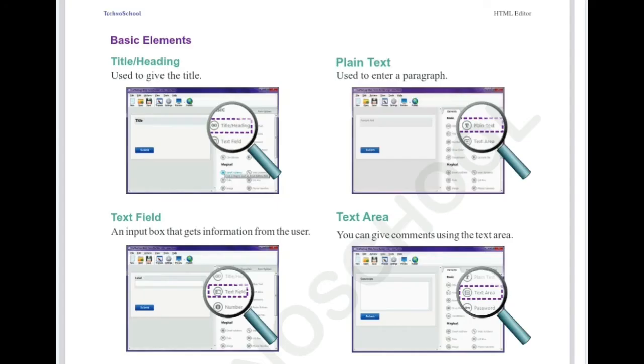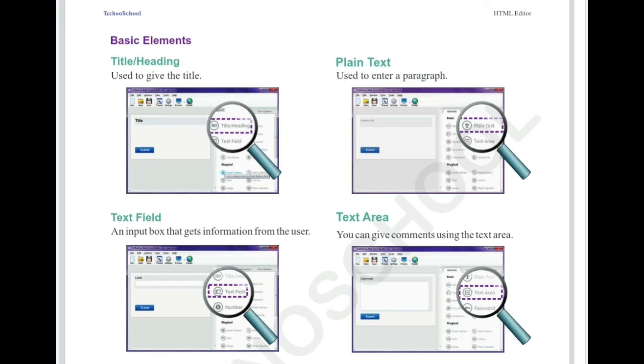Look at the examples, children. Look at the pictures in this slide. Basic elements. So here they have given an example, title, heading. So how to place elements? They have used a title, heading tag. So just drag elements from basic sections. You can get a title, heading tag, and plain text boxes, text field, text area, number, password boxes. So this is the way you have to drag and drop from the basic elements sections. You can place controls in your form.